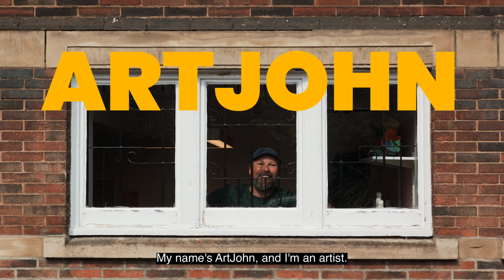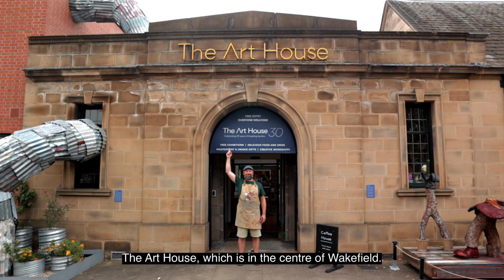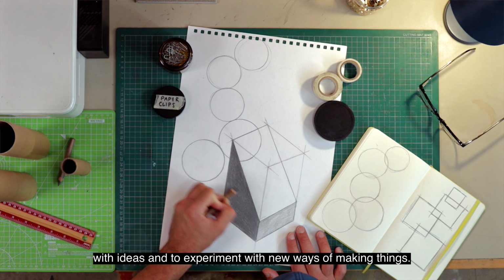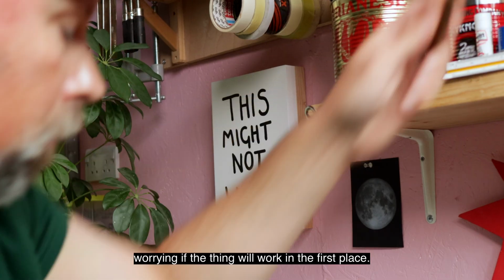My name's ArtJohn and I'm an artist. And this is my art studio, which is in a brilliant building called the Art House, which is in the centre of Wakefield. Now, my art studio is a place where I come to play with ideas and to experiment with new ways of making things, without the fear of making mistakes or even worrying if the thing will work